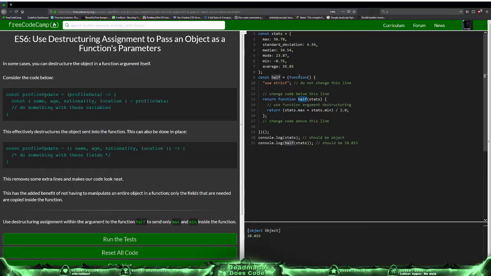You call half, which is already a function, and then I literally call max? But where is it getting stats from? Where did you pass stats? Oh, because you call half, you pass in stats. The argument, because that's the argument, and all you took out of that is max and min. Wow,